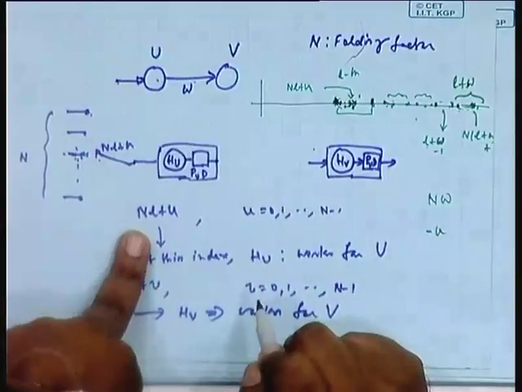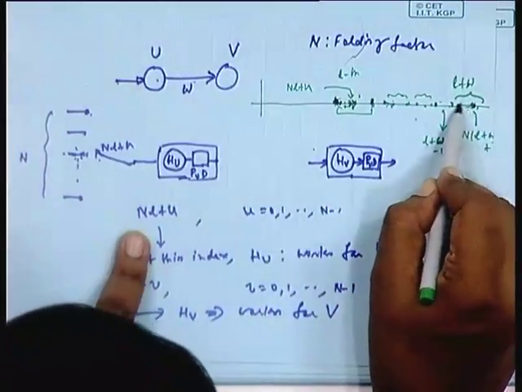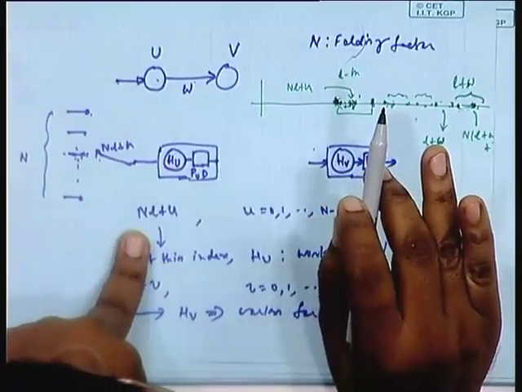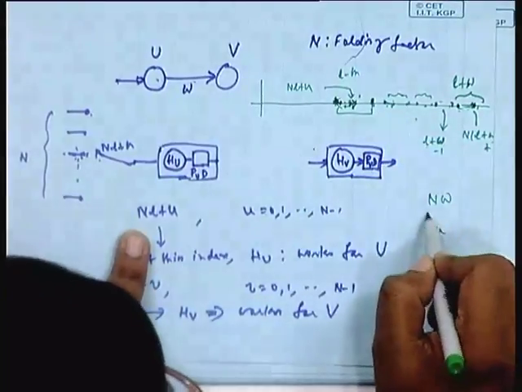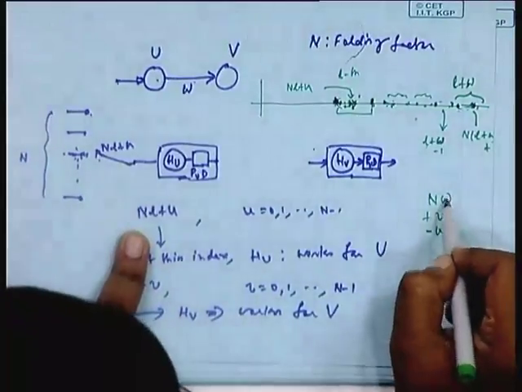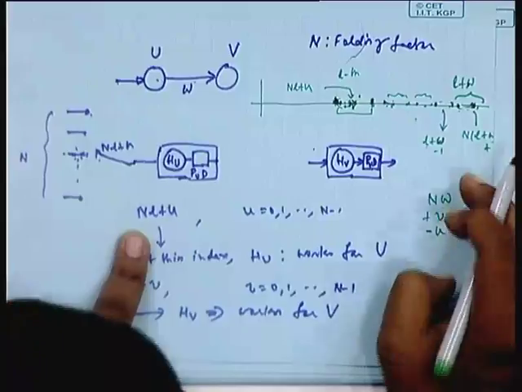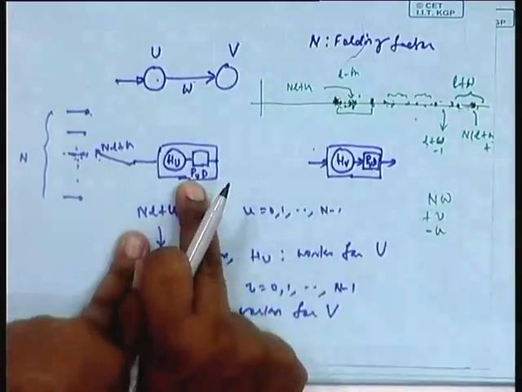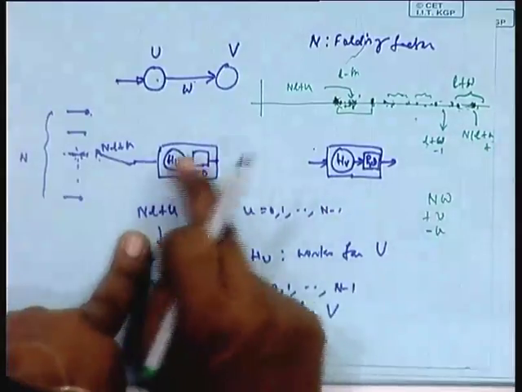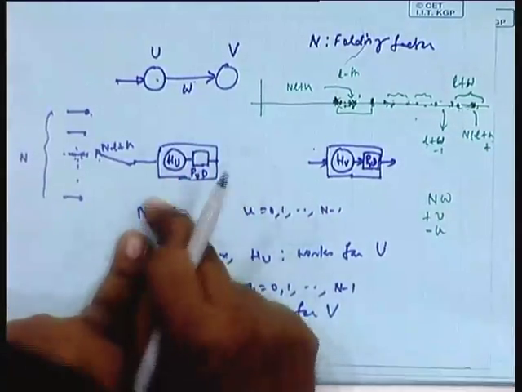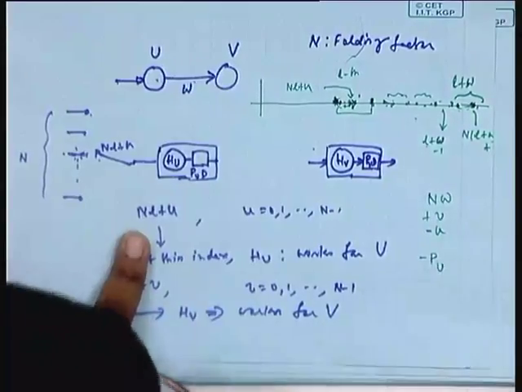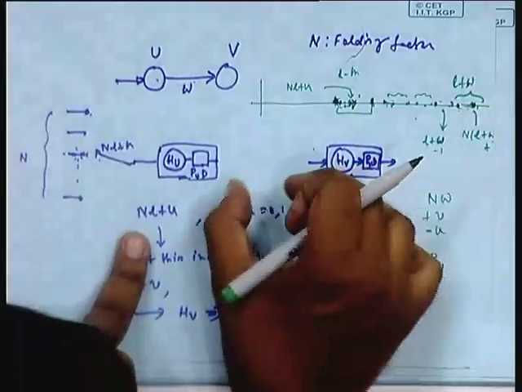But here I have to reach here. So how many points have to be added? V, isn't it? So plus V. N W plus V minus U, this much delay. But out of this, again P U is already present here. I have taken out that much of delay. P U amount of delay is fixed for pipelining, so that also has to be subtracted out. So if I have this much of delay,